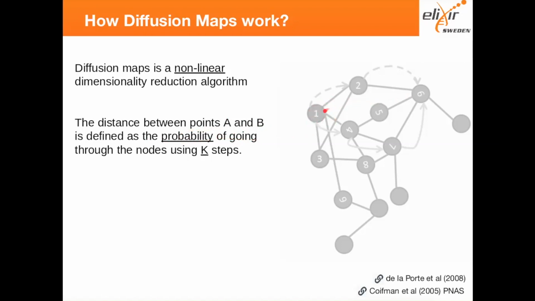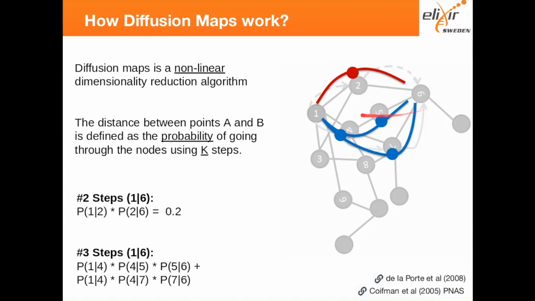So for example, let's imagine points 1 and 6, and you want to go to that using 2 steps. Then you can go this way and that way. That's actually the only way you can get there in 2 steps. If you want 3 steps, then you can go 1, 2, 3, or 1, 2, and 3. So you can define the area, go via this way using 2 steps, or using this way via